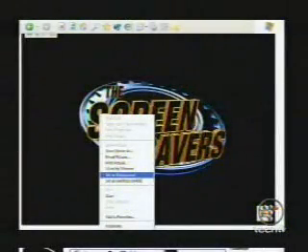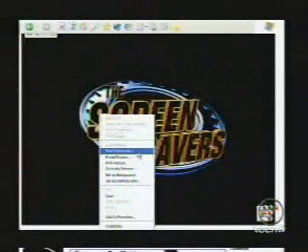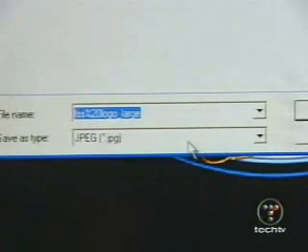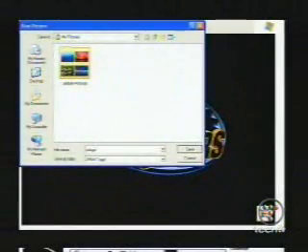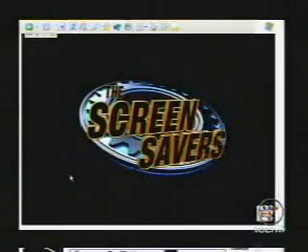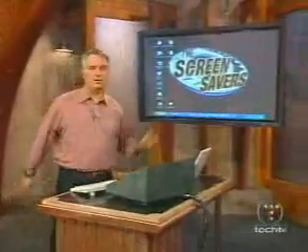Now, if you're using a Macintosh, it's a little different. You're going to go to Save Picture As, and save the picture with any name you want, say SS logo, in the Pictures folder. Then you can use the desktop preference pane to change it. So save it to the Pictures folder and then use the desktop preference pane. Doesn't that look good? It's very clean. I think it's a nice looking logo, so I'm pleased with that. Make it your desktop.